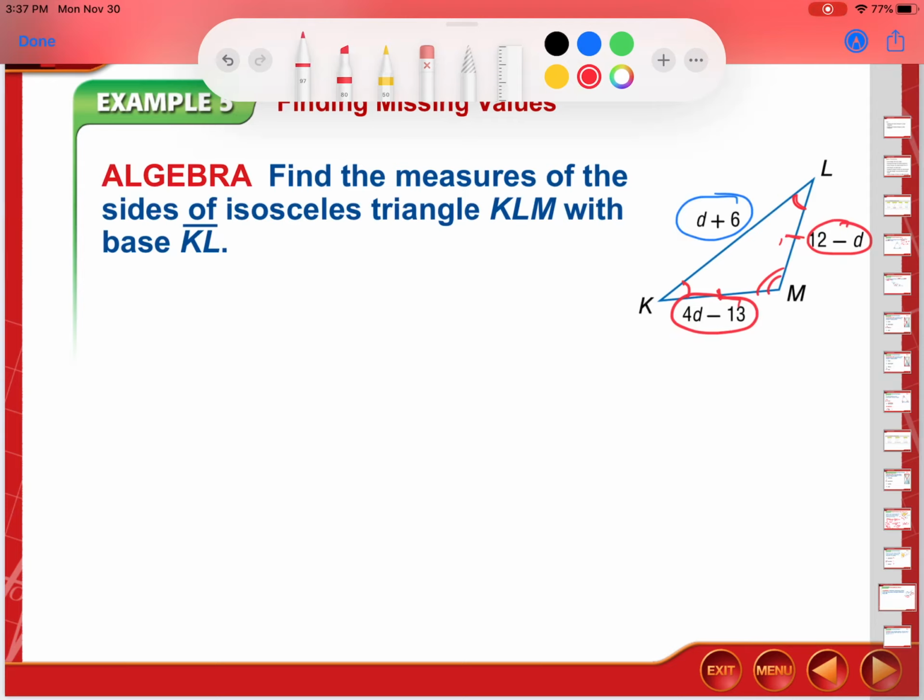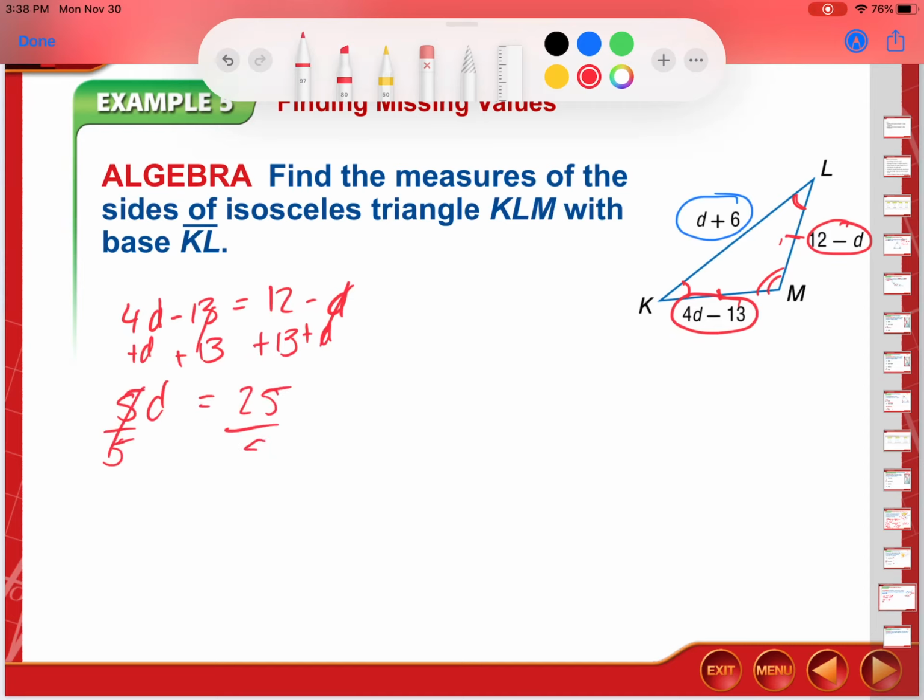Anyway, since we know that these two side lengths are equal to each other, I would write 4D minus 13 equals 12 minus D. Then I can solve this equation for D and plug it back into all three of those equations. I'm going to start off by adding D to both sides. I'm left with 5D plus 13 plus 13. So 5D equals 25. We divide by 5, and we're left with D equals